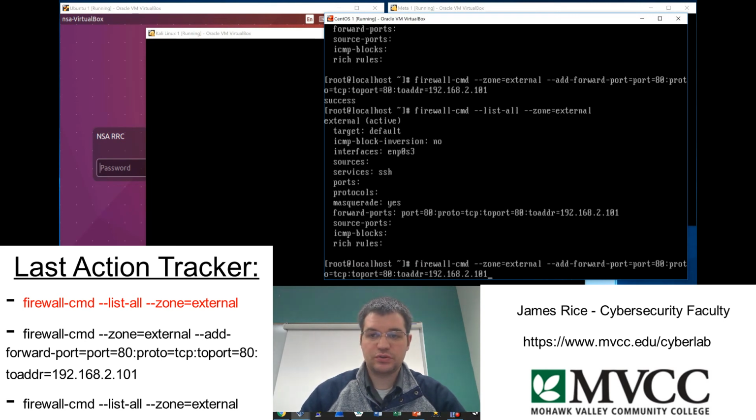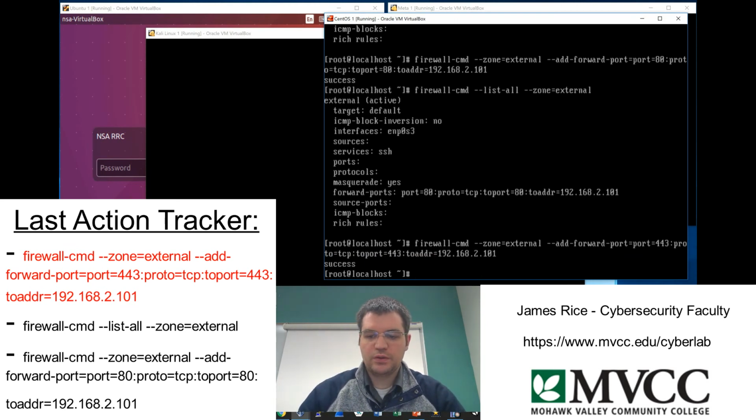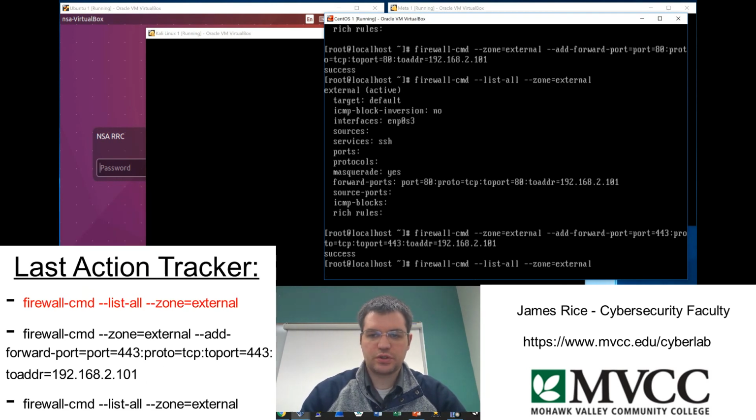So we'll hit 2 up arrows. I'll type all this out again, and essentially I just want to change my 80s to 443 to allow HTTPS traffic as well. So I'm going to backspace it out there, change the first 80, as well as change the second 80 to 443, and hit enter. So now when I do that same command, firewall-cmd --list-all --zone=external, I run that,